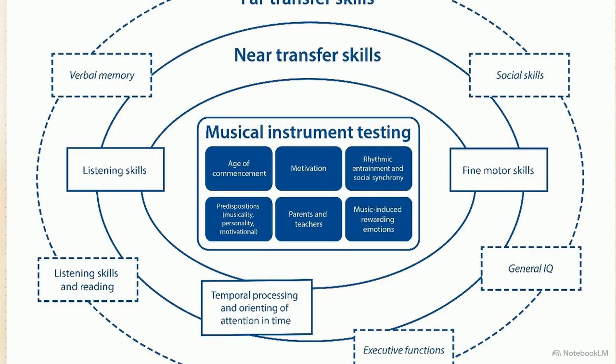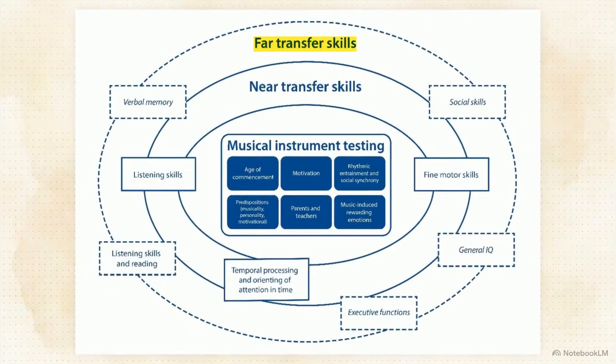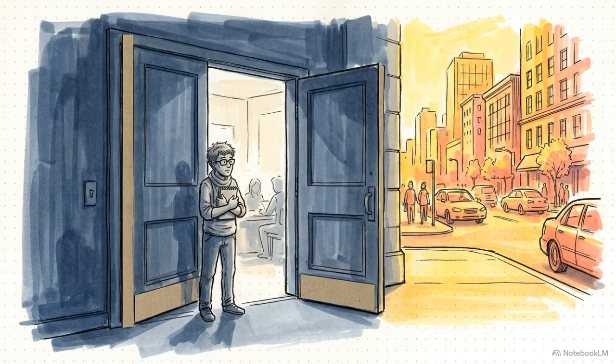This graphic maps concept transfer from a central activity. Near transfer applies ideas within the same domain, like understanding scale across different instruments. Far transfer happens when understanding jumps to an entirely different domain, like using musical pitch training to learn spoken Chinese. When a learner can internalize an abstract idea and successfully transfer it into a completely unfamiliar context, they have completed